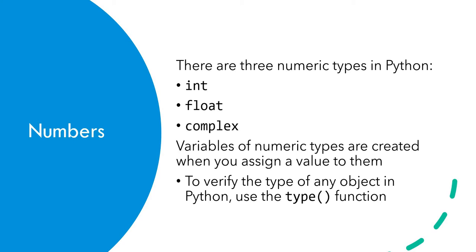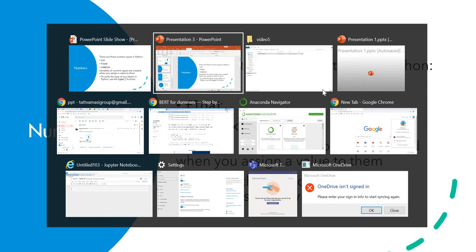Variables of numeric types are created when you assign a value to them, just like we did in last tutorial, variables. There is no command in Python where you can create a variable. A variable is created as soon as you assign a value to them. To verify the type of any object, use the type function. So I'm going to show you that